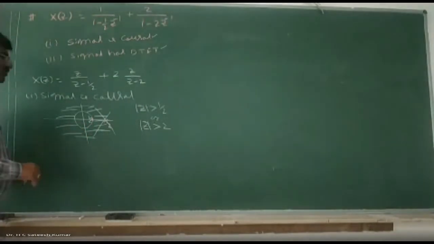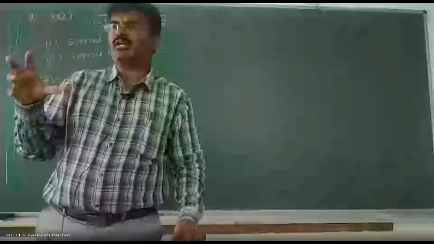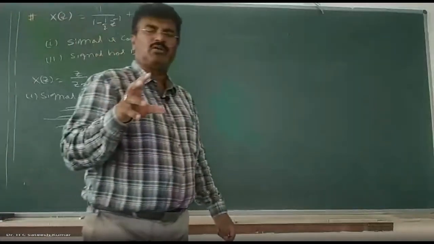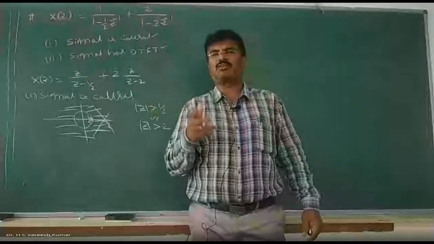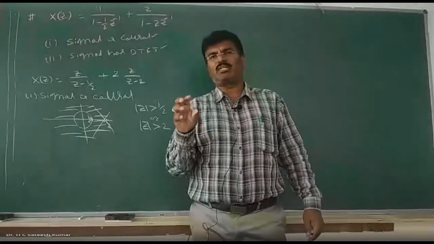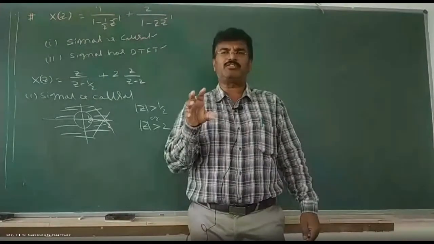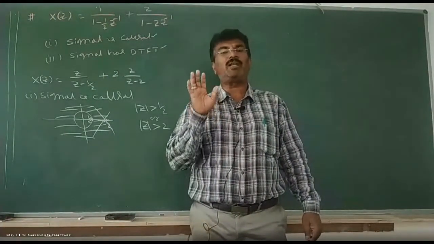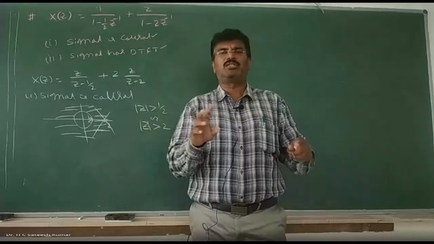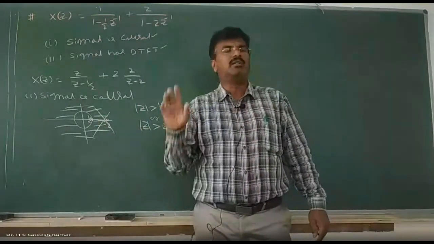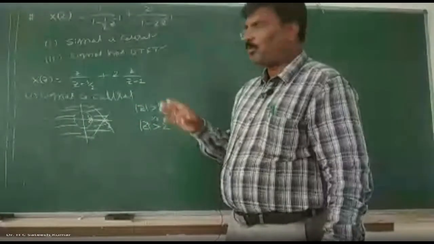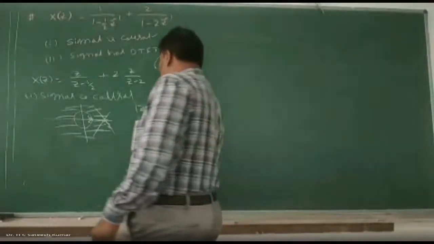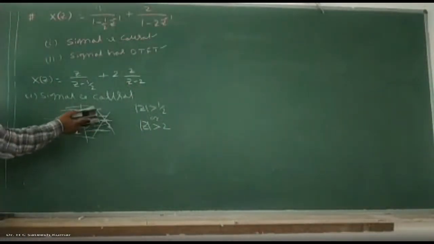Okay, right. So what should be the ROC? See, you will understand this condition only if you know the meaning of pole and ROC. What do you mean by pole and ROC? Poles are the points in the Z plane where X of z is equal to infinity. ROC is nothing but the region of convergence. It is the region specified in the Z plane for which X of z is obtainable or finite. Infinite and finite cannot occur at the same point. So the shaded area indicates where X of z is finite, and poles are where X of z is infinity. Therefore, mod z greater than half is not possible.